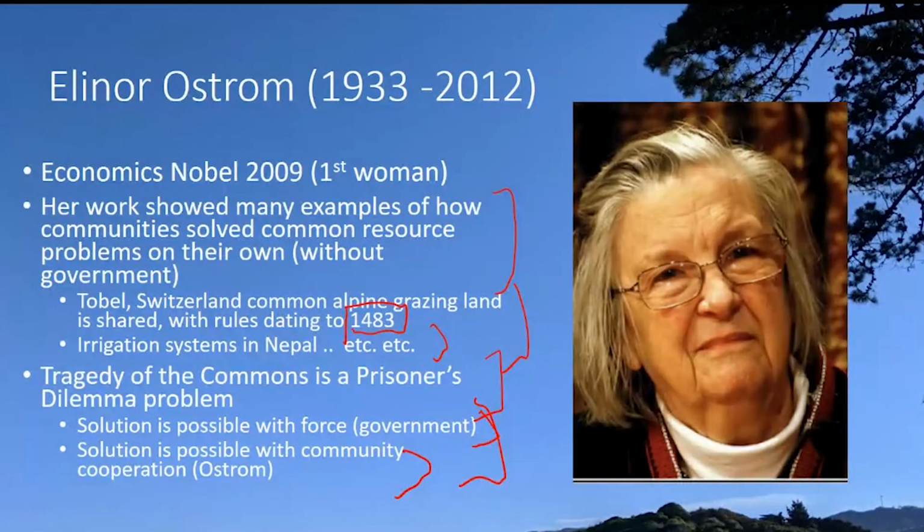But the valid argument, really, economically, is government or not to correct for this particular circumstance or situation. The problem shouldn't be, does the situation exist? Is it a problem? It clearly has been shown to be a problem in many instances. But how to solve it is subject to discussion by different individuals. And you can argue reasonably that this problem can be solved without government. You can argue reasonably that this problem can be solved with government. Okay, and so you might have an inclination one way or another, but it's a point of debate and a point of reasonable argument for the future as to how to solve these particular problems.